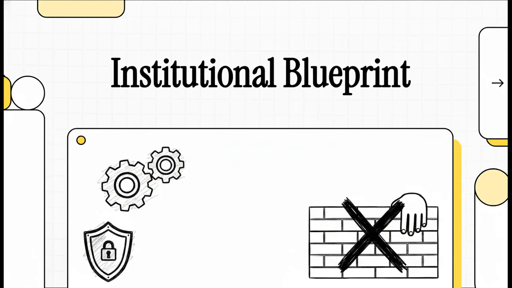Welcome to the Explainer. Today we're demystifying institutional design. Think of this as, well, quite literally, an architectural blueprint for a corruption resistant machine. We're looking at exactly how to build public organizations from the ground up so that they're highly efficient, practically foolproof, and completely corruption resistant. Let's get right into it.